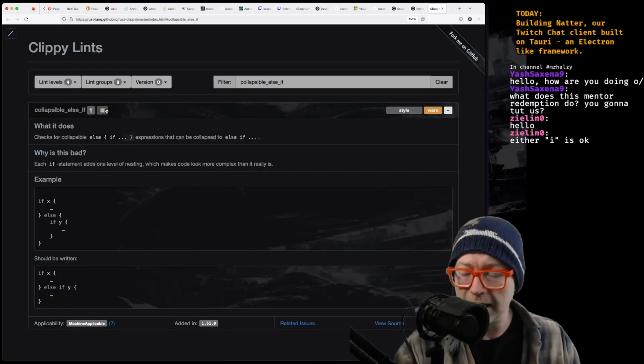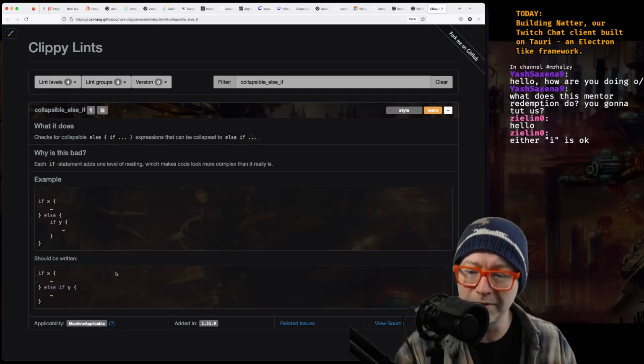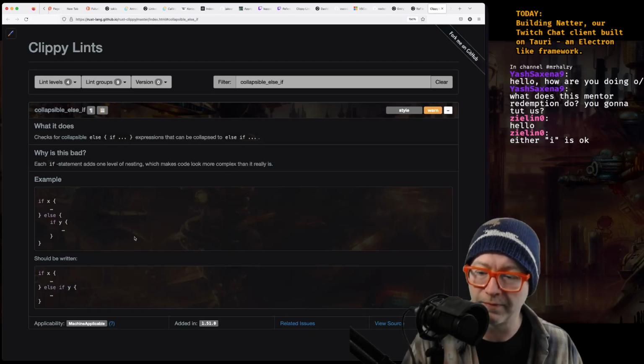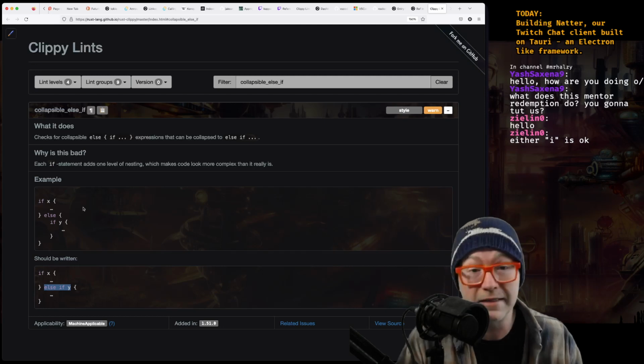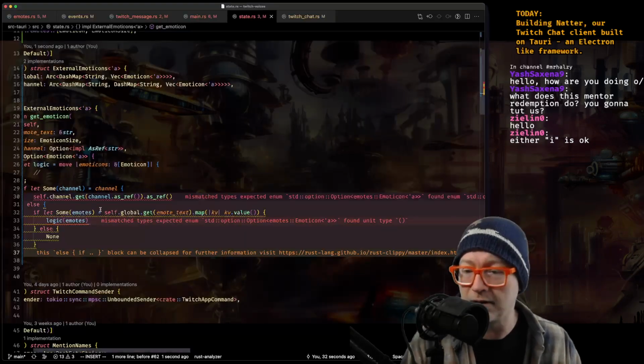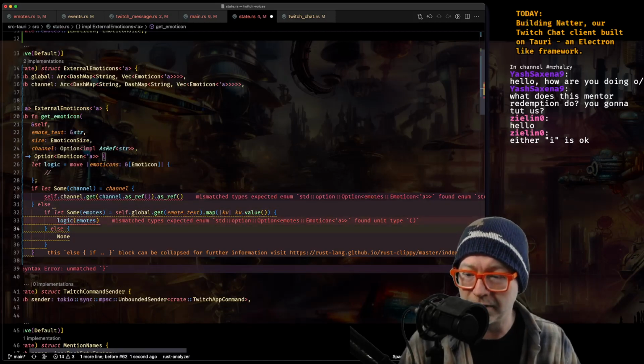So what is it saying? Else if y. Oh, okay, yeah. Interesting. I hadn't thought of doing an else if let some. I guess that works, right? Why wouldn't it work? It's just not a pattern I'm used to doing.